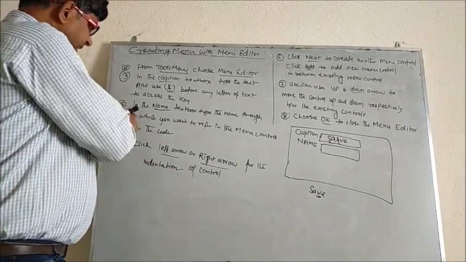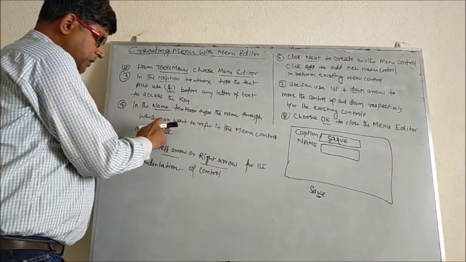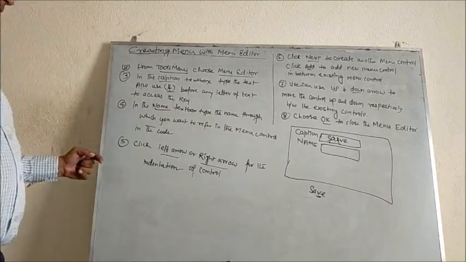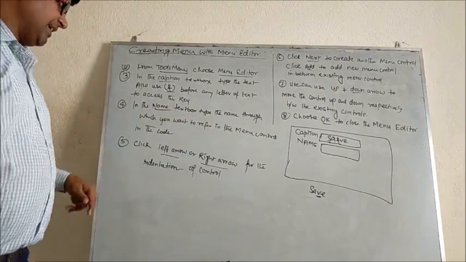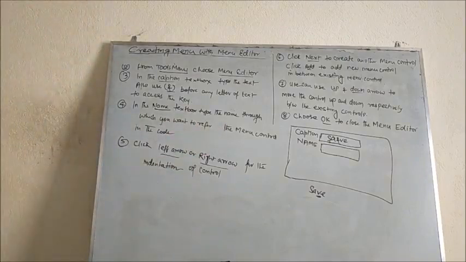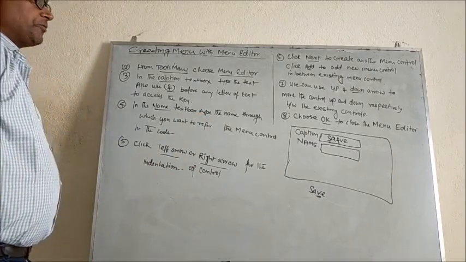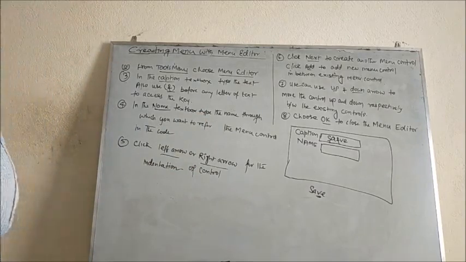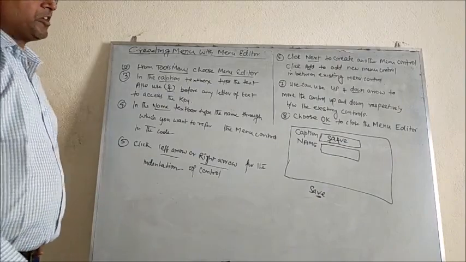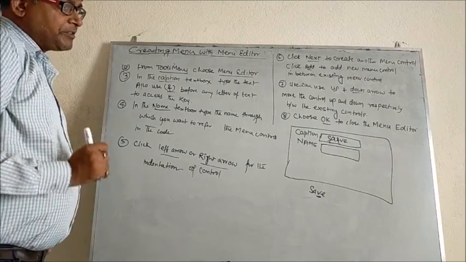Fourth step, in the Name text box, type the name through which you want to refer to the menu control in the code. What does it mean? See, last time and in my previous lectures of Visual Basic also, I told you that if you are handling several components or several controls, at some point it may so happen that you will be confused